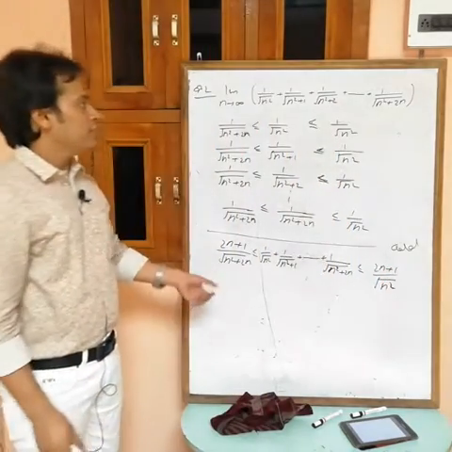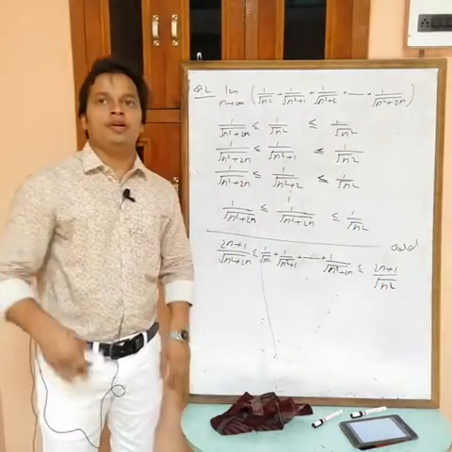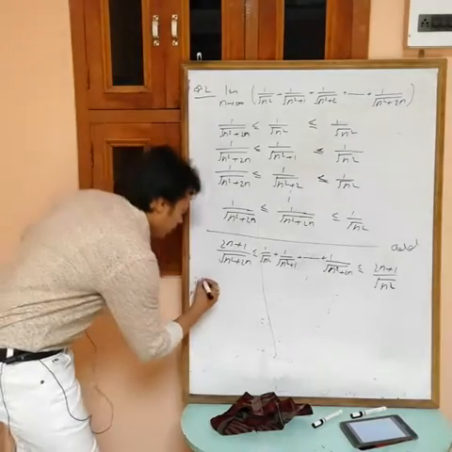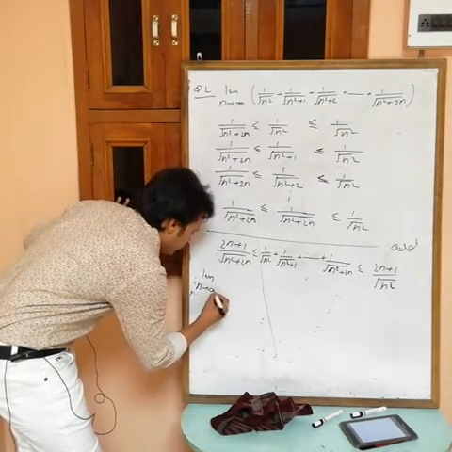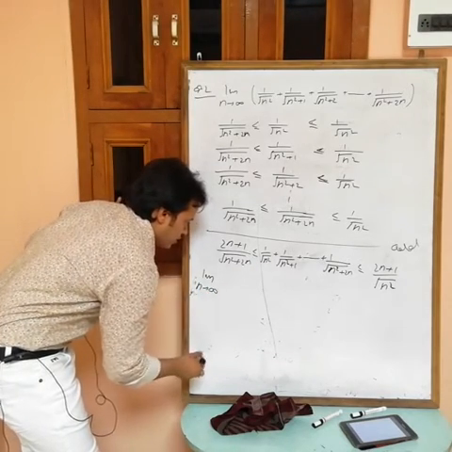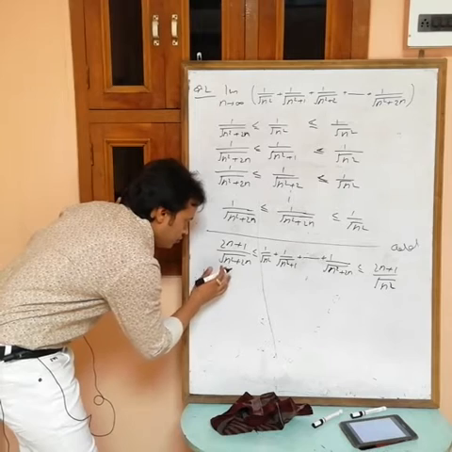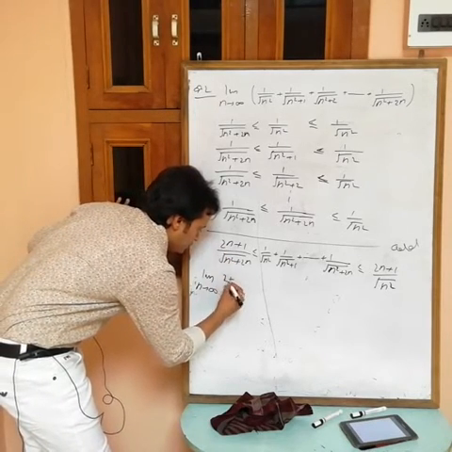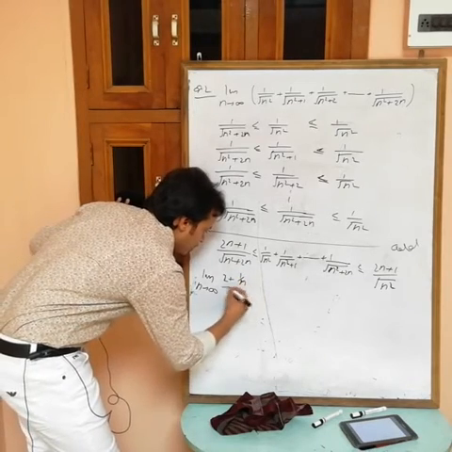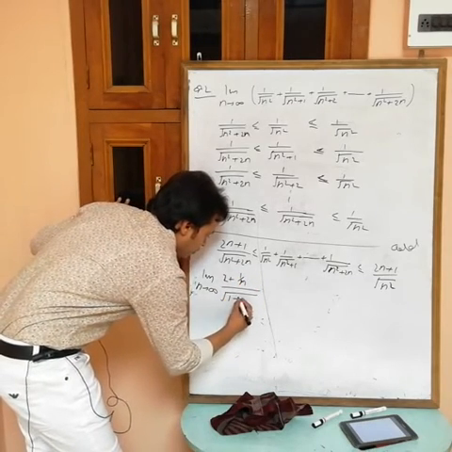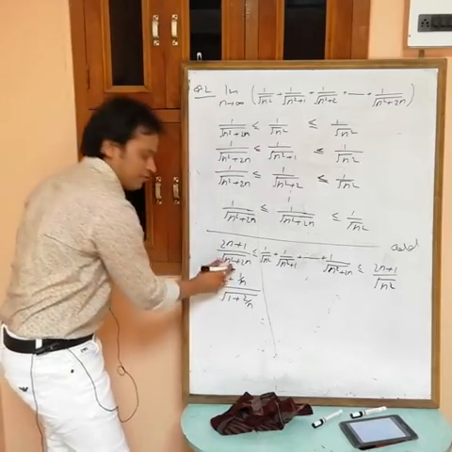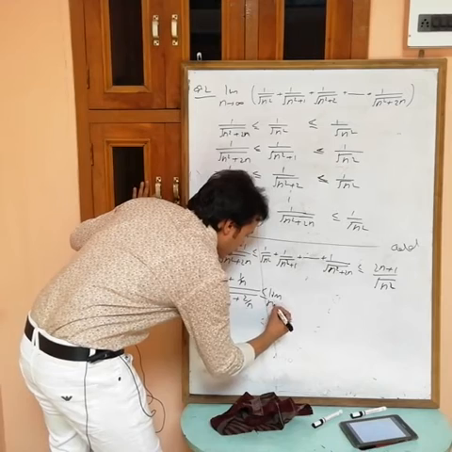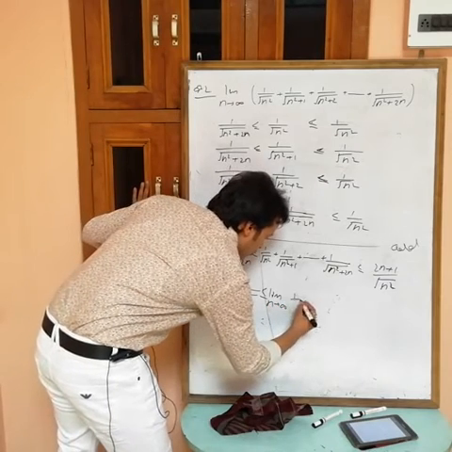Okay, now what do you want? Limit n tending to infinity. Take the limit n tending to infinity on both sides, sorry, on all three sides. Then what do I have to do? Take n common from root n square, then n cancels out. 2 plus 1 by n, and here 1 plus 2 by n. From this one we are taking n common now. Here limit n tending to infinity, 1 by